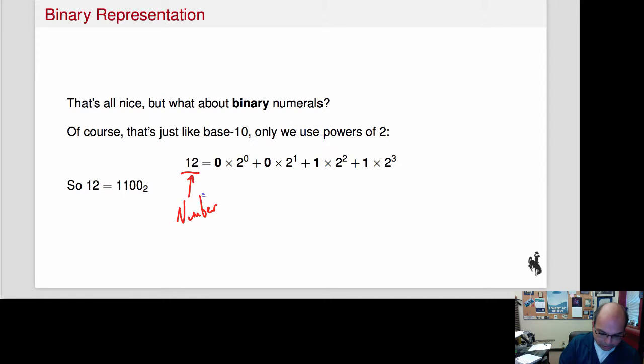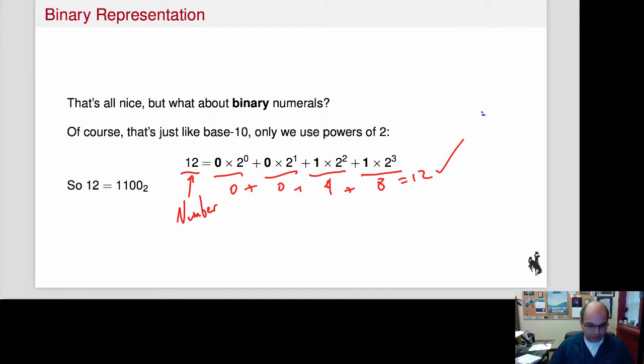So 1, 1, 0, 0 is actually 1 times 2 to the 3, that's 8, plus 1 times 2 to the 2, that's 4, and then we have 0 2's and 0 1's, okay? So yeah, that is in fact equal to 12, okay? So yeah, 12 is 1, 1, 0, 0 modulo 2, okay? Now,